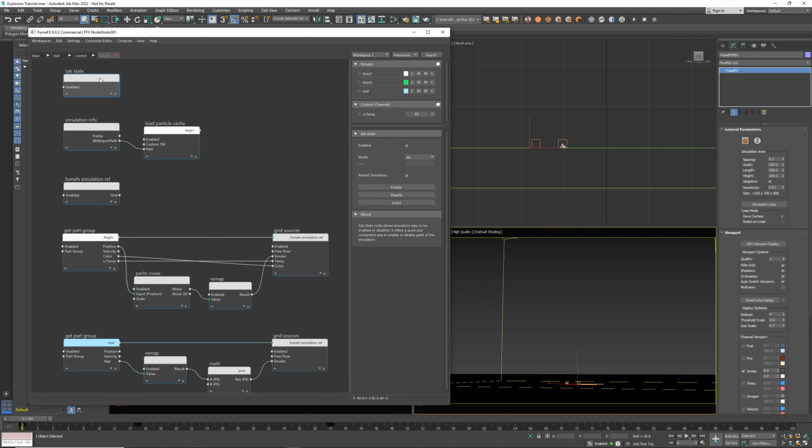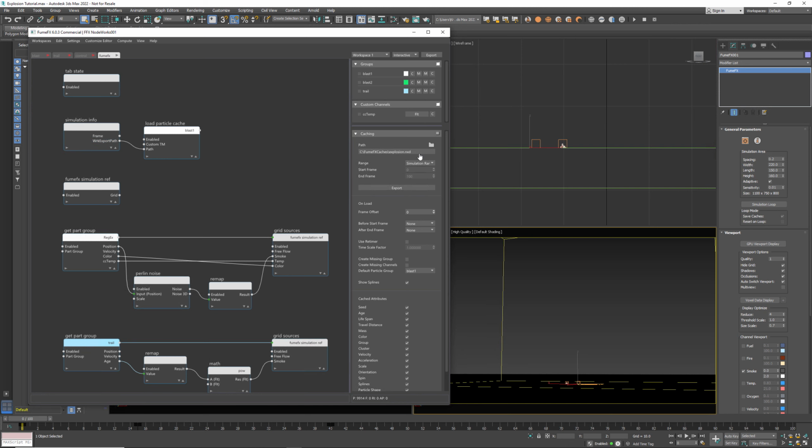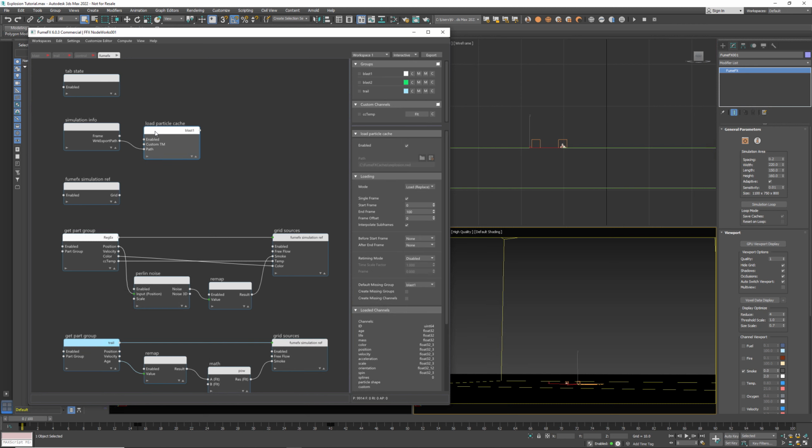And for this tab state, there is a very useful little node that can invert the disabled state of the tabs. So right now all those 3 tabs are disabled, non-functional, and we only have the FumeFX tab enabled here, where we get the simulation info. There's the simulation for the workspace, and we get the workspace export path. This is this path here,